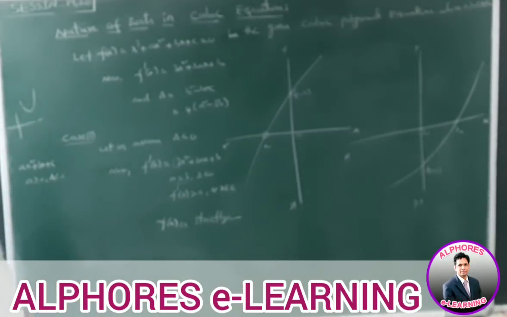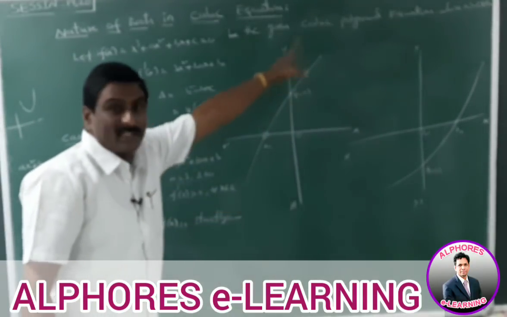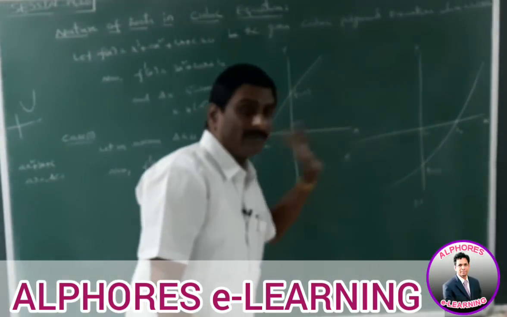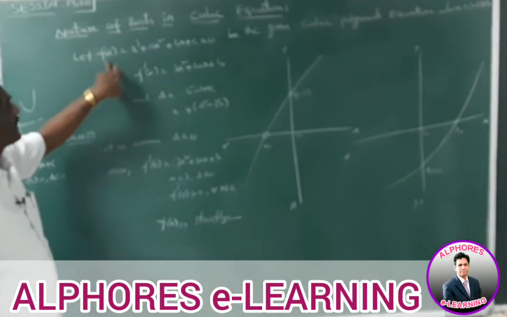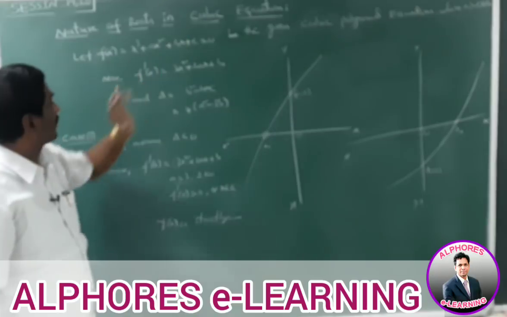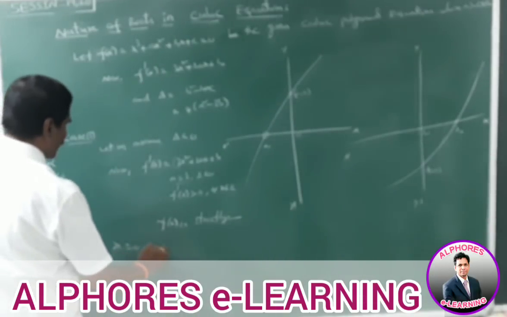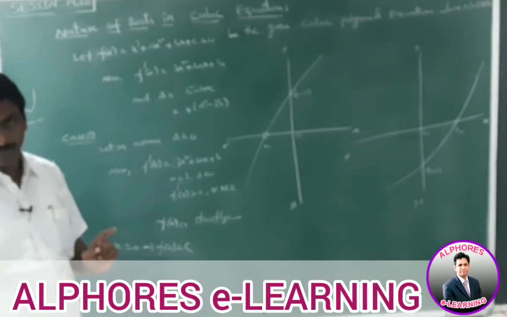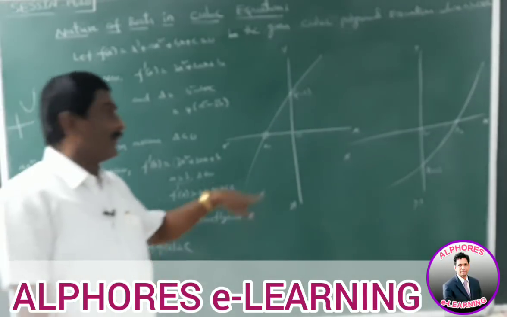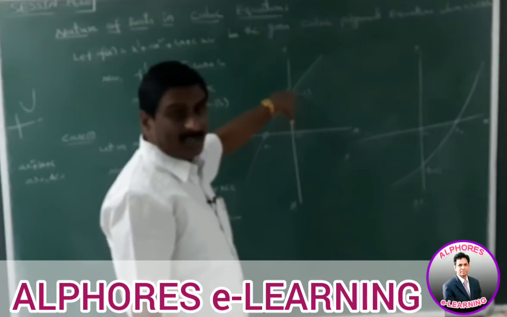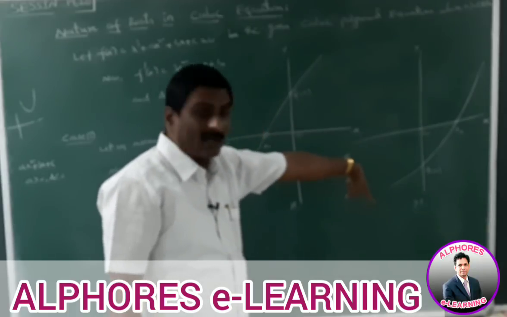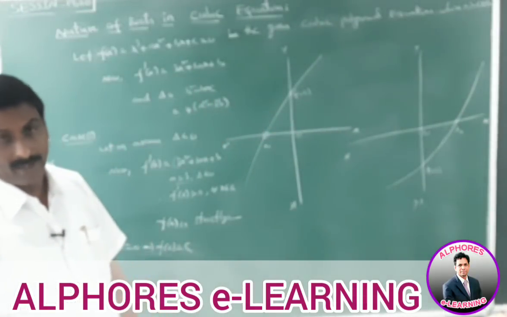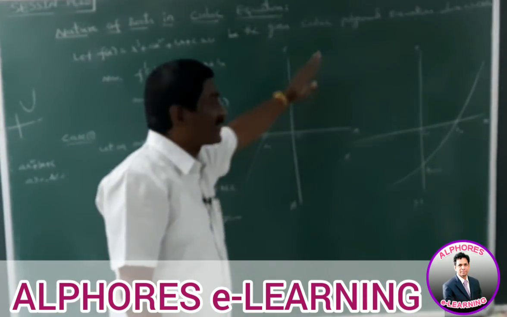Strictly increasing function, suppose the function goes in this way or this way. Suppose f of x is equal to x cube plus ax square plus bx plus c is equal to 0. At x is equal to 0, the function value is f of 0 is equal to c. That means it cuts the y-axis at 0 comma c. If c greater than 0, the curve cuts the y-axis in the positive direction. If c less than 0, it cuts the y-axis in the negative direction. Okay, it is a strictly increasing function, so the graph is in this way.